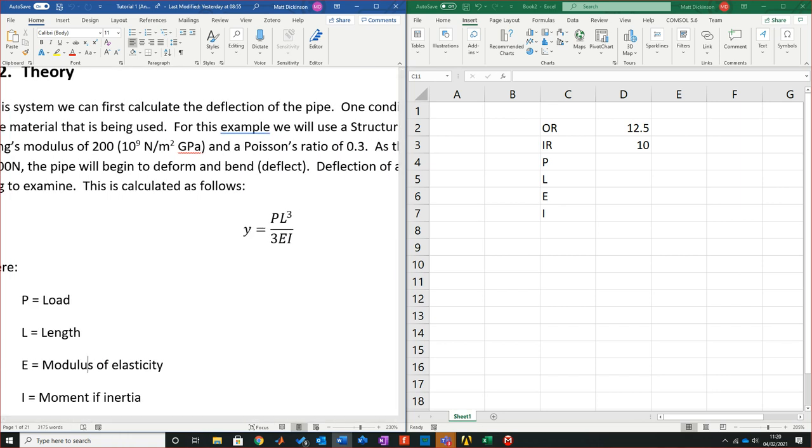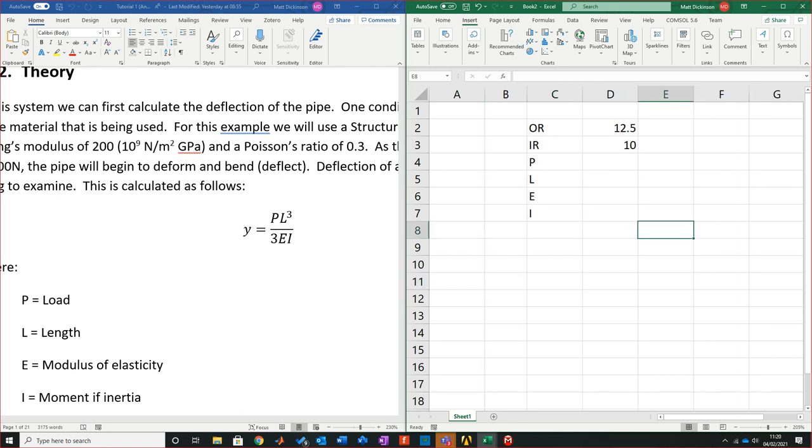So we want to get that all-important displacement, but we need the first things first. So for my P in this case is 100. So this is my load. The length